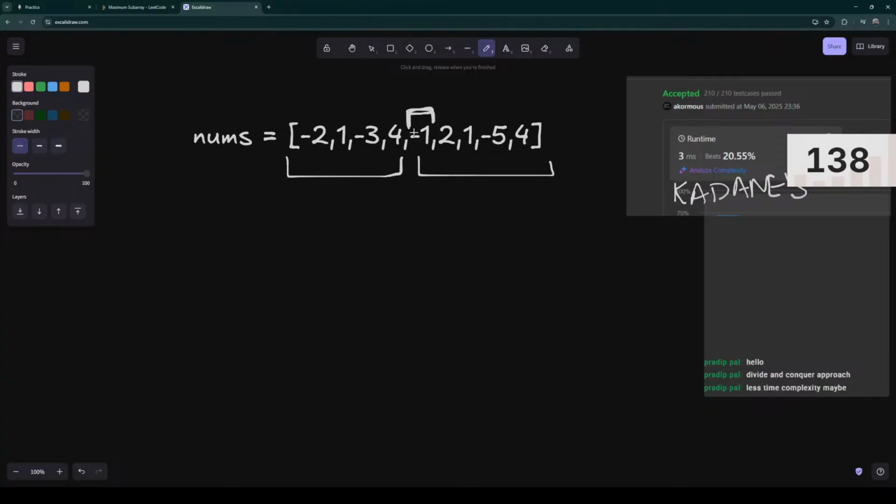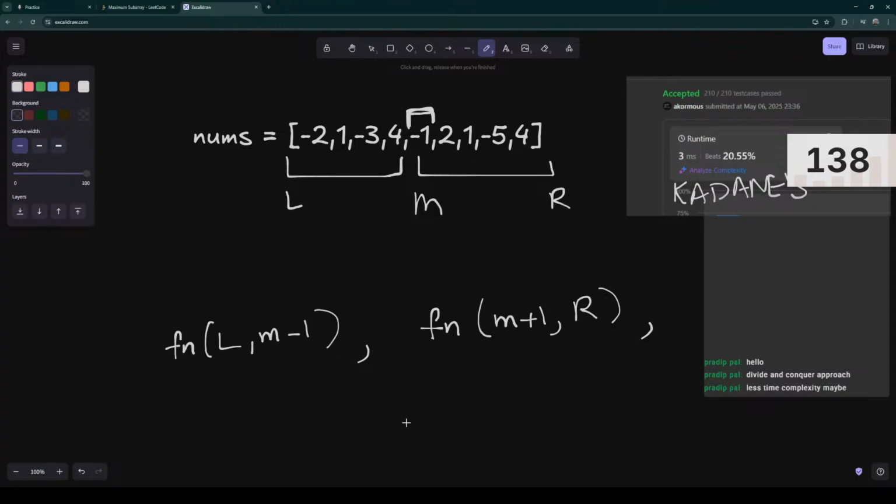So if this is L and this is R and this is M, the maximum subarray will be some sort of recursion along with basically function from L to M minus 1, or entirely in the right subarray, which is M plus 1 and R, or